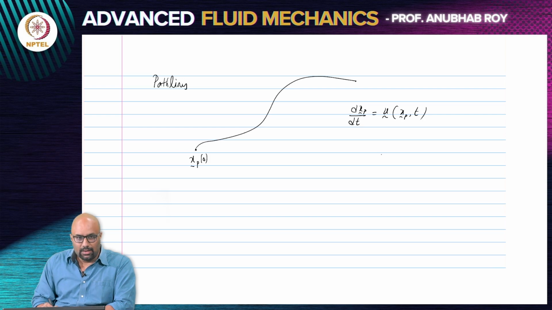So the streamline information gives us the velocity field description everywhere in the flow at a given instant of time. The path line information gives us the trajectory of a fluid particle that is starting from a particular point. And obviously, if the flow is steady, a path line would coincide with a particular streamline. So a path line which starts at a particular point on that streamline will stay on that streamline forever.